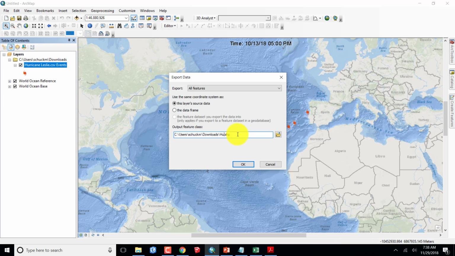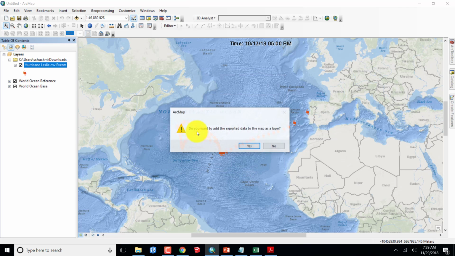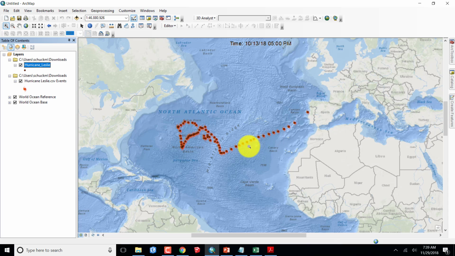It's going to be hurricane underscore Leslie shapefile, and I want to put it on my map. So there's my Hurricane Leslie